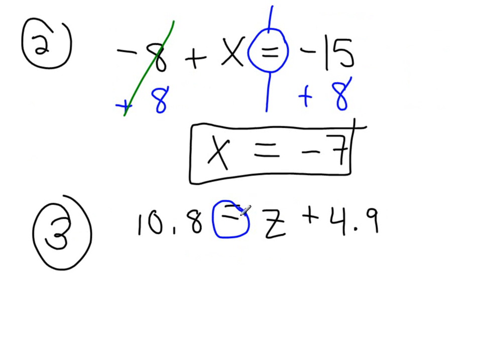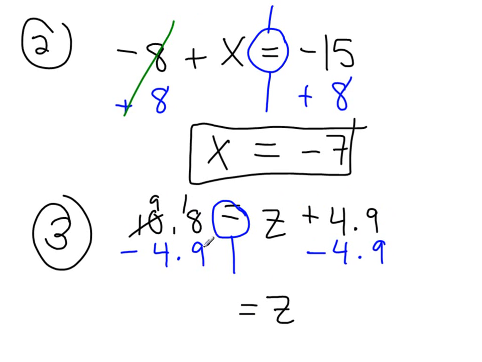So here's our equation. We have our two sides. We have currently z plus 4.9. So this is the side we want to mess with because there is our variable. We have a plus 4.9. We want to do the opposite. So the opposite of adding is subtracting. And what we do to one side of the equation, we must do the same to the other. So now we're left with z equals,